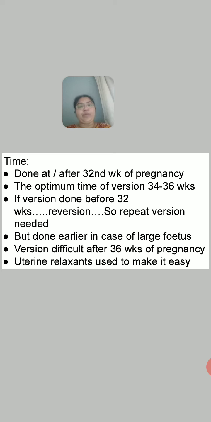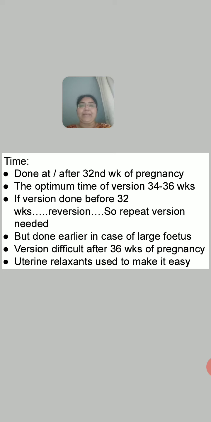But after 32 weeks the floating reduces. The fetus becomes somewhat stable. So then there are fewer chances of alteration in the presenting part. After 32 weeks when you correct malpresentation, when you make the presentation vertex, there will be less chance of spontaneous reversion. From vertex there will not again be the buttocks. There are such less chances. That's why it is done after the 32nd week of pregnancy. And that's why the incidence of breech presentation is high when the fetus is born prematurely. That we discussed in the earlier session, right?